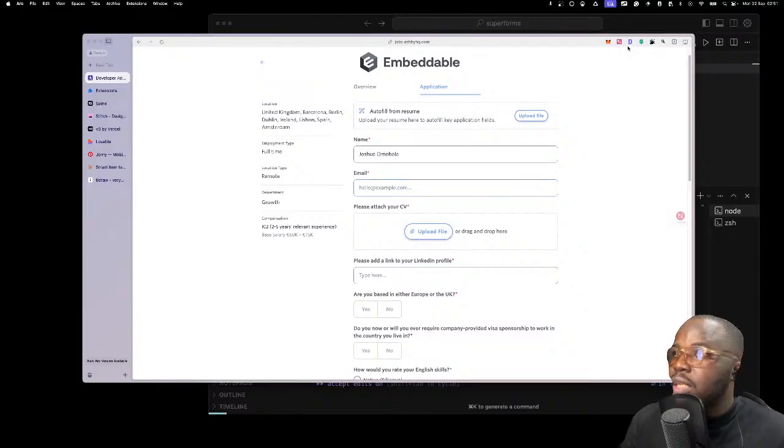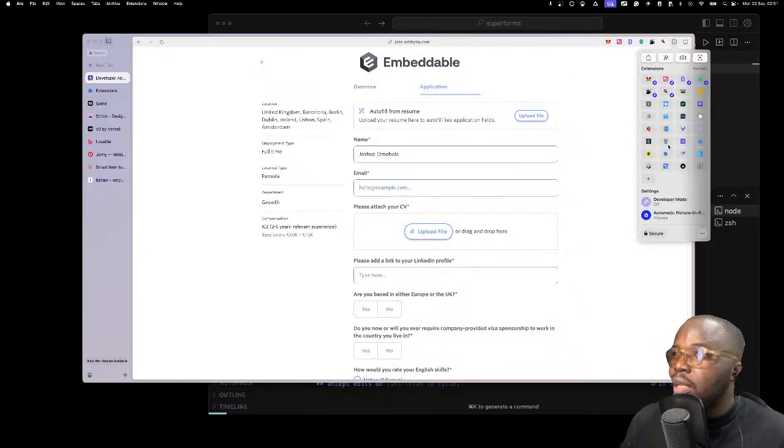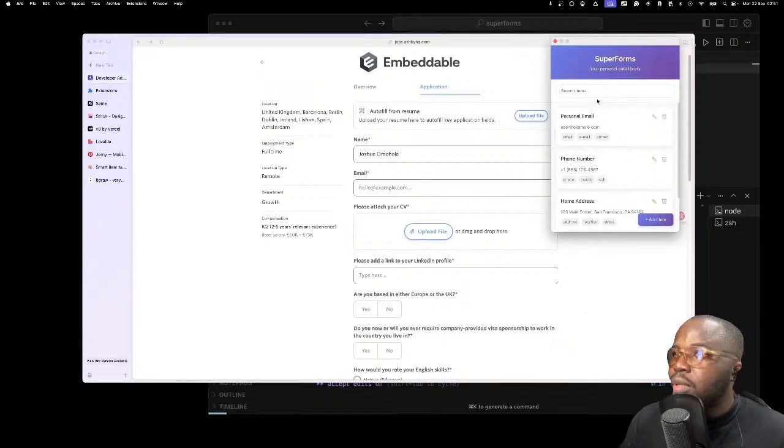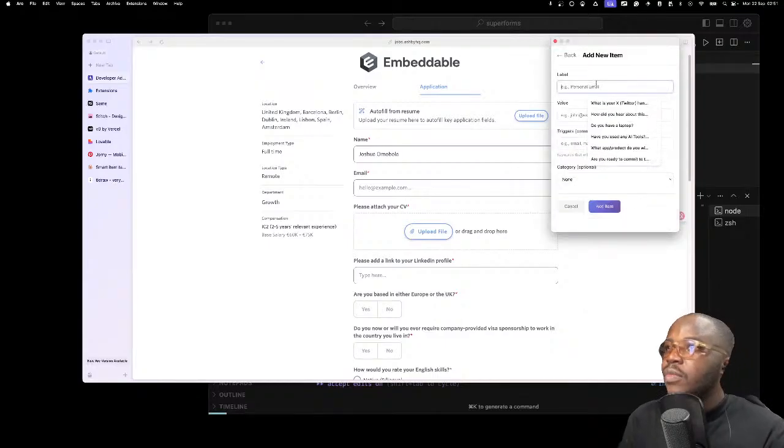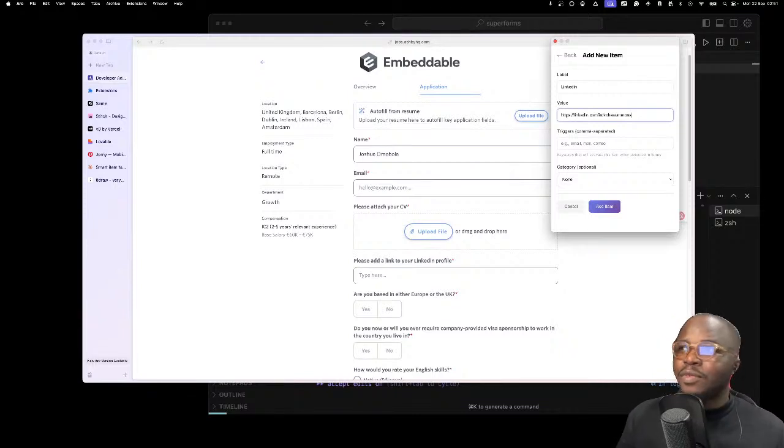Okay, let me try the LinkedIn one, because that's the one where I really get, let me probably add this. I'm gonna add LinkedIn. Man, the amount of times I have to type this in a day, and I have to go find it and paste it, this is gonna help me personally. I don't even have to worry about sending it out for you guys to test it. It's gonna help me myself, right?